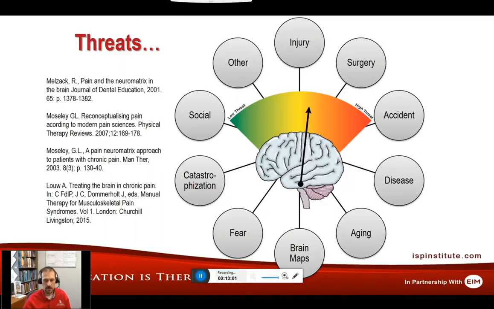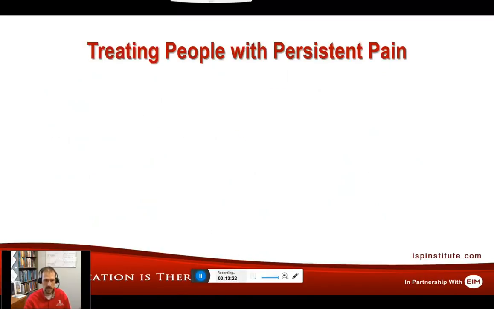And if you read again, a lot of the research in the literature on patients' perceptions of things such as arthritis, oftentimes they'll see themselves as potentially being debilitated within just a few years. And we start to recognize fear and catastrophization regarding this in the social areas. All of these different things can be significant threats that can alter and change a person's individual pain experience.